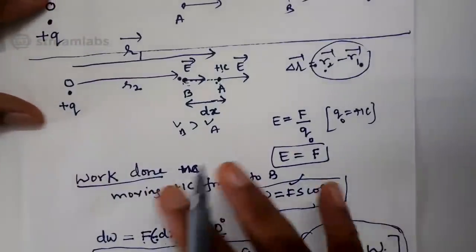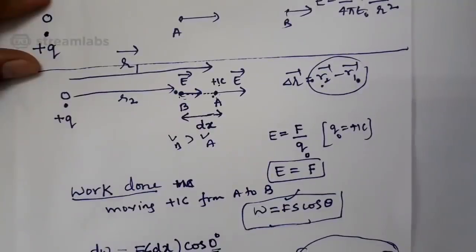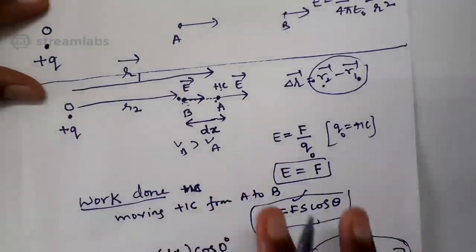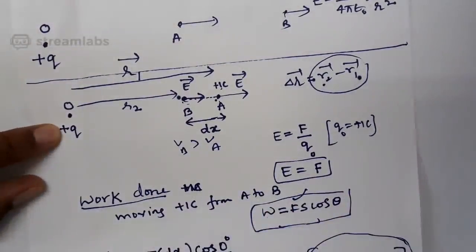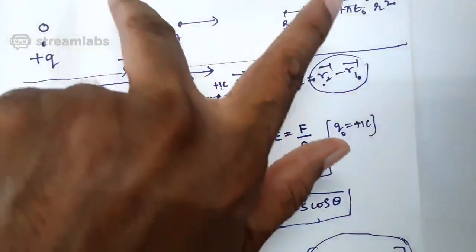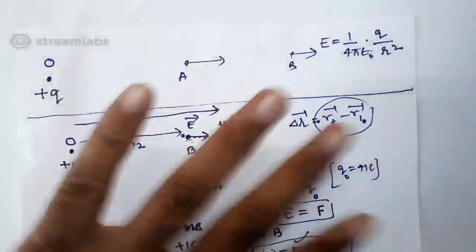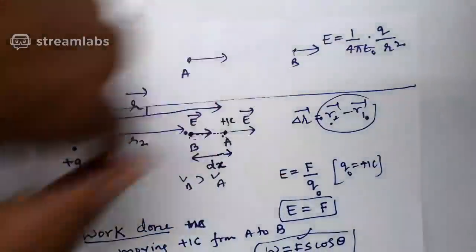This is one of the very important discussions, because the same discussion will be repeated in the next very important derivation. So please recollect everything if you have missed anything. I started with the plus Q charge. I said there is an electric field around it. Then I selected a very close point. In the beginning I selected two points at a very large distance, but we know that the electric field in this region is not uniform. Even though the direction is the same, the magnitude is not uniform.